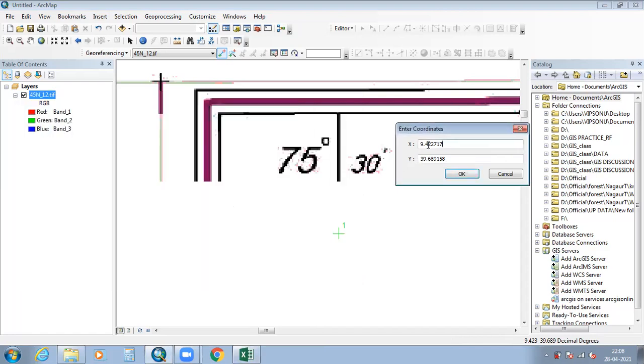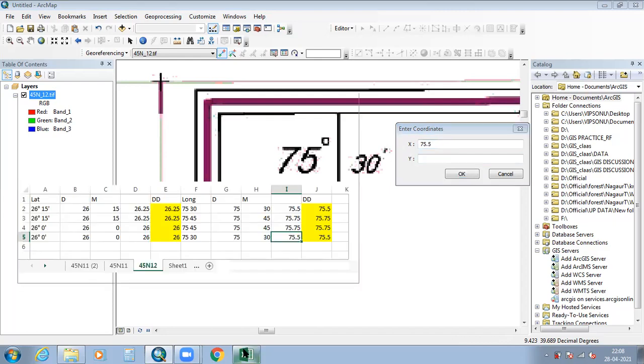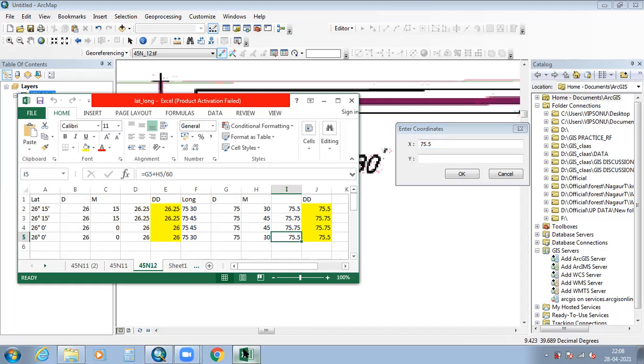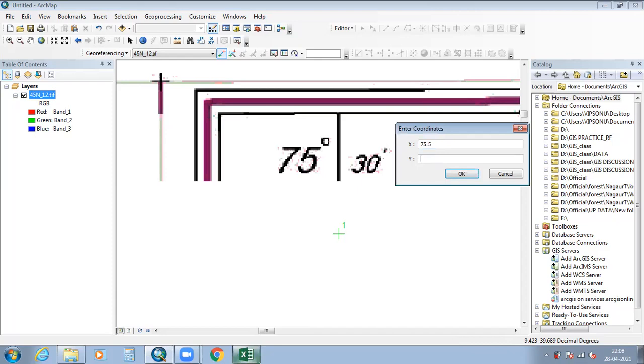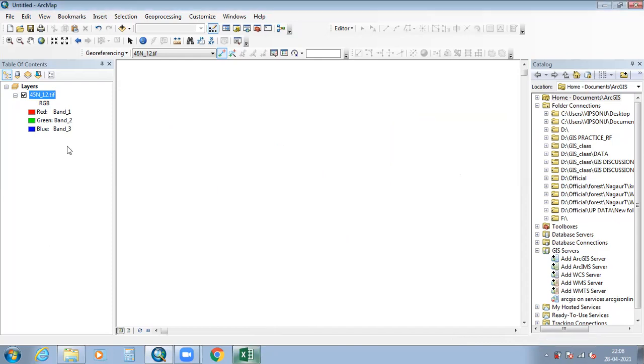So this will be the value, 75.5, and for the latitude, 26 degree 15 minutes means 26.25. Then okay, right?